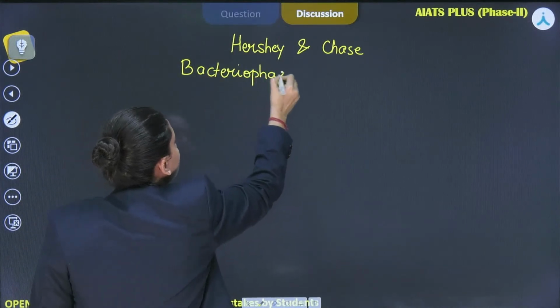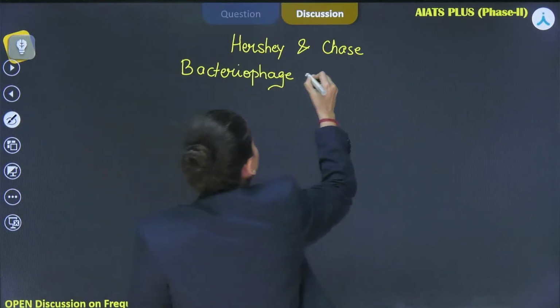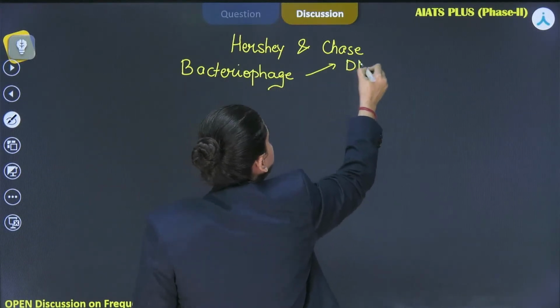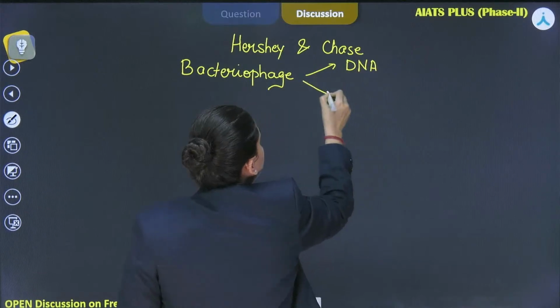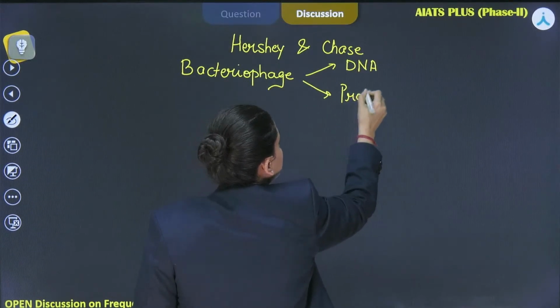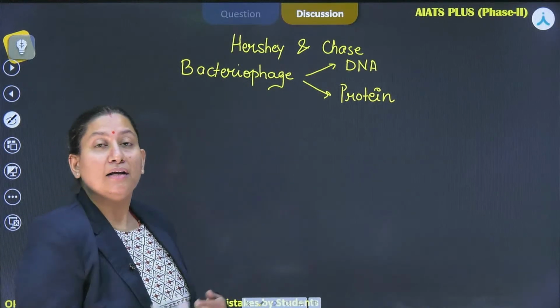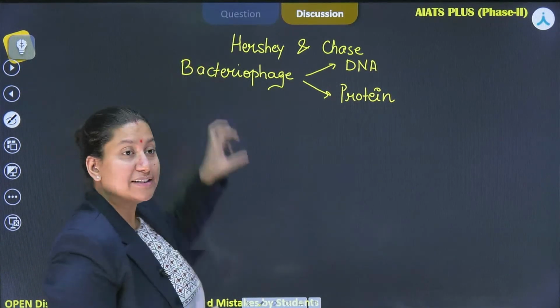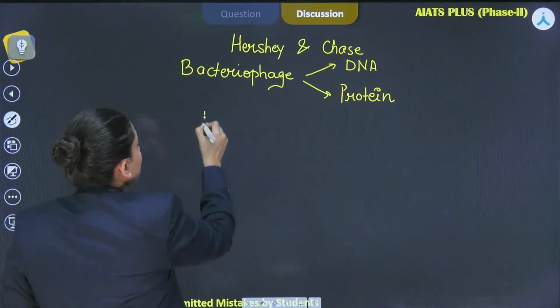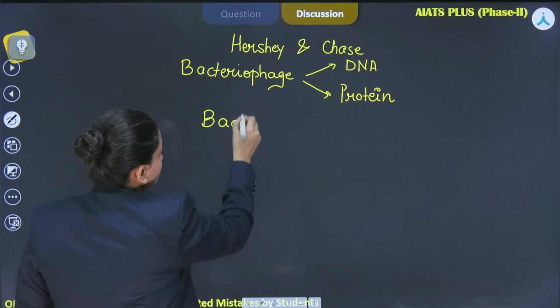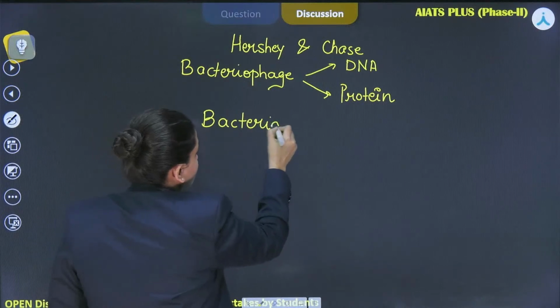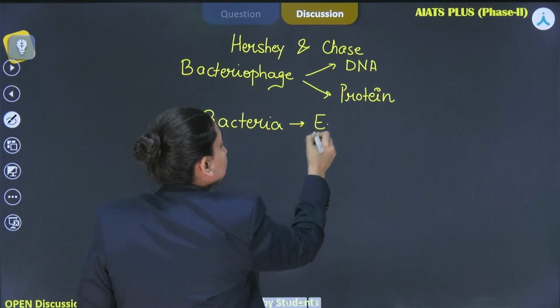So this particular virus has only two components. One is DNA and another one is protein, right? And another organism which can have its infection, so they have took another organism as bacteria, and that bacteria is E. coli,